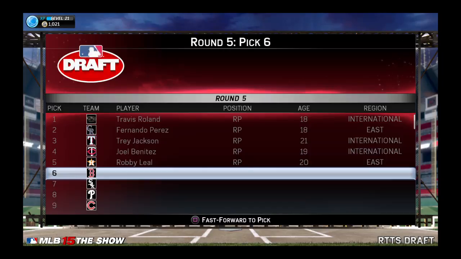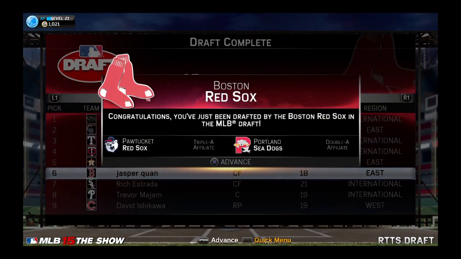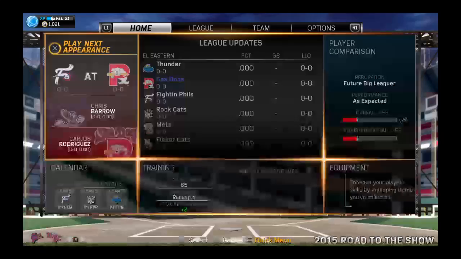With the 6th pick in the 5th round, the Boston Red Sox select Big Daddy Valentin, a center fielder from the East region. All right, we're making our way through the middle rounds of the first-year player draft now. What do you guys have to say about this most recent selection? Well, at this point, it's really hard to...